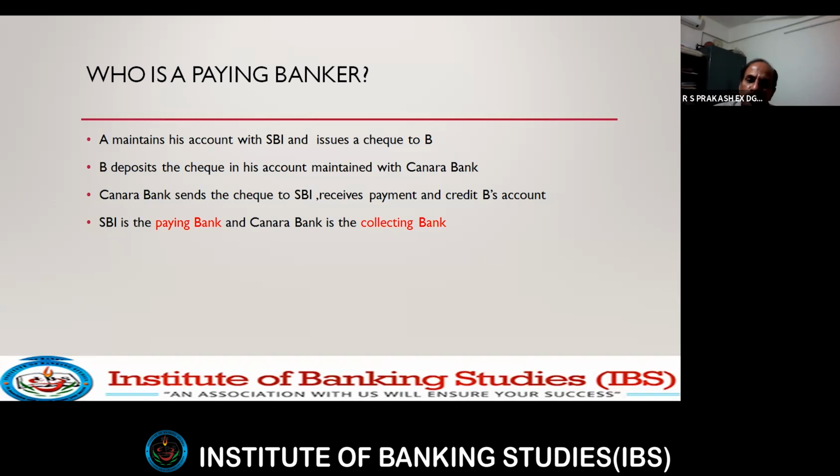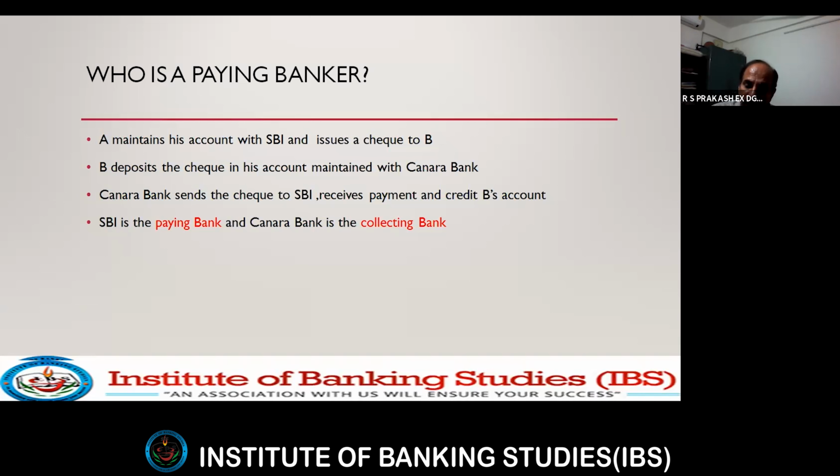Everything is happening through either RTGS or NEFT, and the usage of checks is coming down. But you should also know that there are latest innovations like truncation of checks, CTS, check truncation system, and then the implications of it and how it happens. And also there are something called e-checks, electronic checks, which are generated when you are using internet banking and all that.